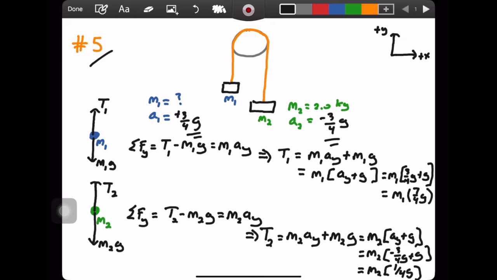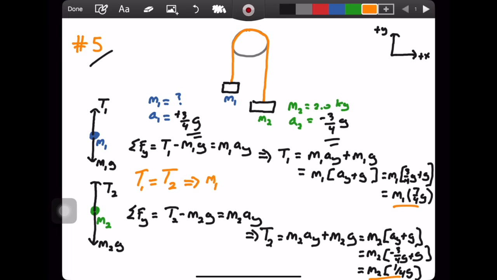But here's the key. Because it's an ideal rope, the tension is preserved throughout the rope. So what I can do is say that T1 equals T2. The tension is preserved throughout the rope. Now I can use this expression and this expression, and I can set them equal to each other. Because T1 equals T2, what this means is